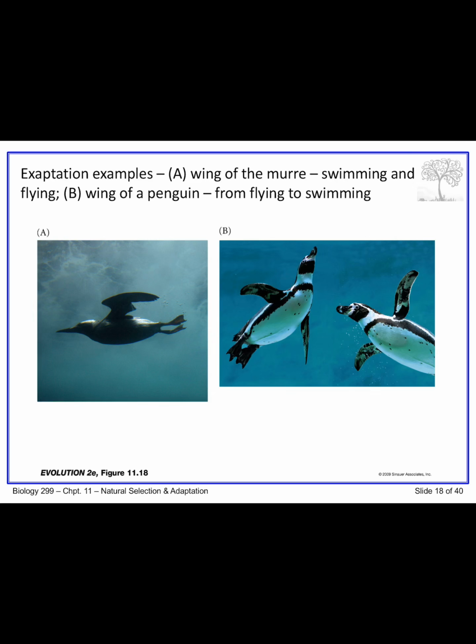All right, so why might a trait not be considered an adaptation? Well, there are basically four reasons for this. First, the character may have evolved by genetic drift, not by selection. You could have an allele that isn't necessarily a good thing to have that could go to fixation in the population by drift alone. So selection may have nothing to do with it. Selection might actually be working to eliminate it, but drift, because of its random nature, could cause it to go to fixation. That character the allele codes for could therefore not be considered an adaptation because it doesn't increase the fitness of the population.